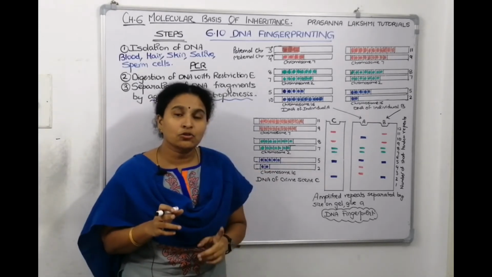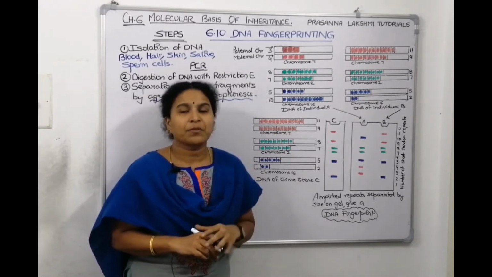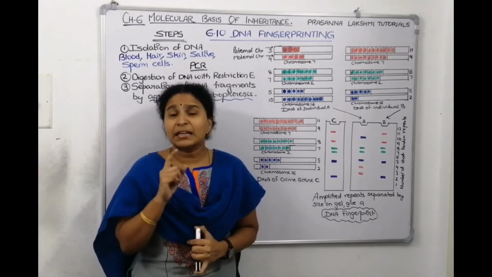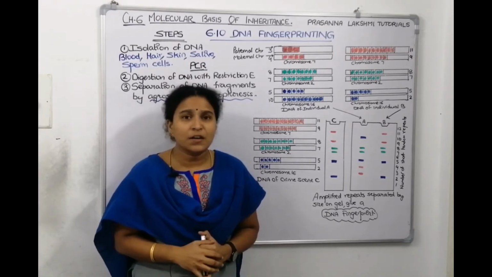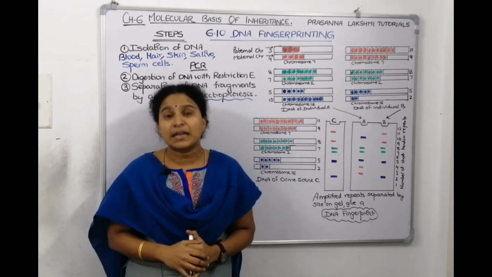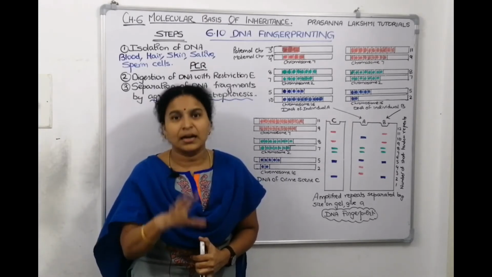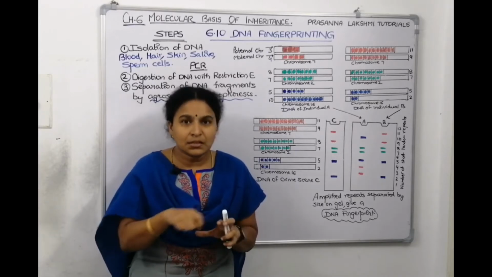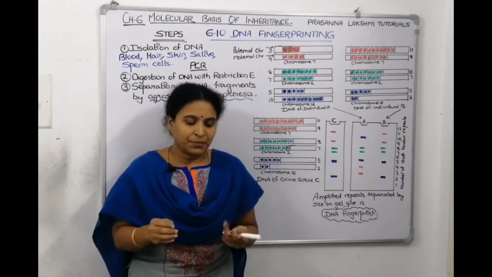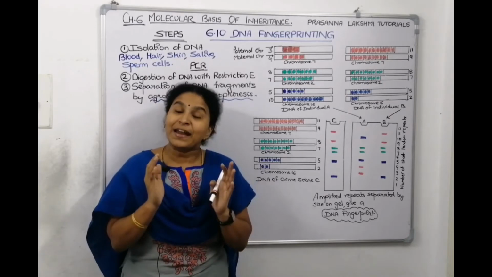After that they are asking us to do gel electrophoresis, agarose gel electrophoresis, which is a separation technique. What we need to do: from red algal cell walls, we will get agar powder, which is a solidifying agent, right? Agar is extracted from the cell walls of red algae called Gelidium and Gracilaria. Agar contains agarose and agaropectin. Take that agar powder, mix it in distilled water, boil it, then take a tray, pour it and cool it. Then you will get a solidified gel.